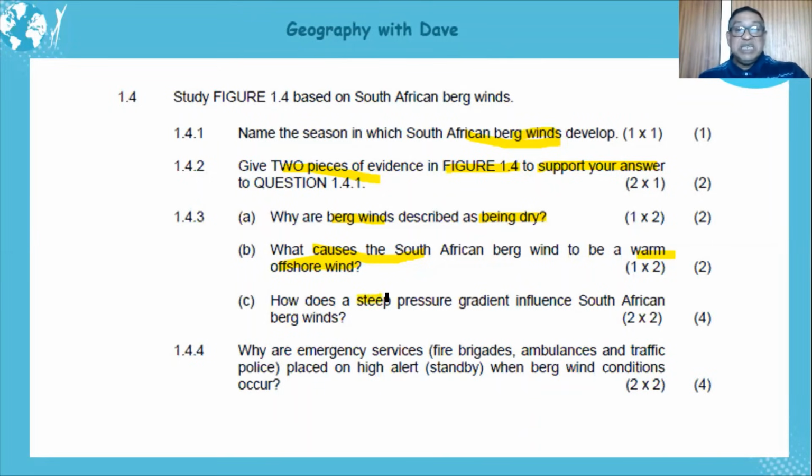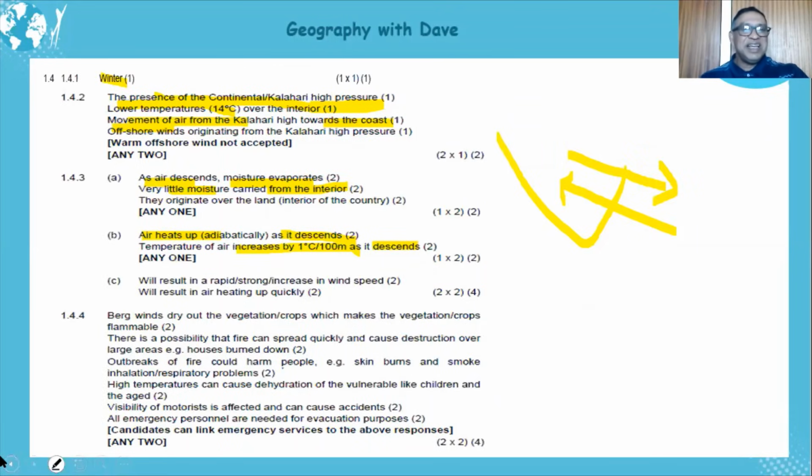How does a steep pressure gradient influence South African berg winds? Of course, it's relative to the temperatures, etc. Let's look at it here. It will result in a rapid, strong increase in wind speed, okay, because the pressure gradient becomes steeper, and it